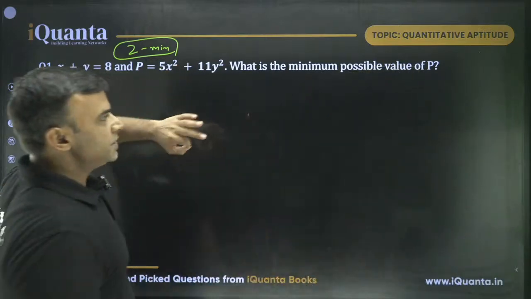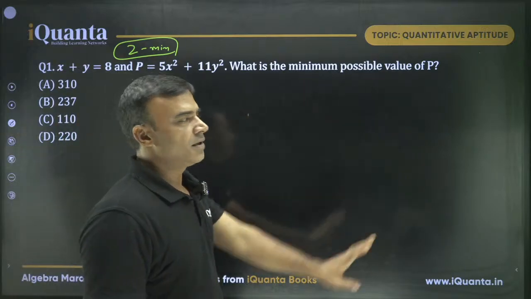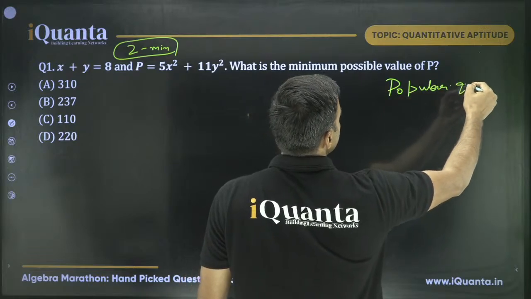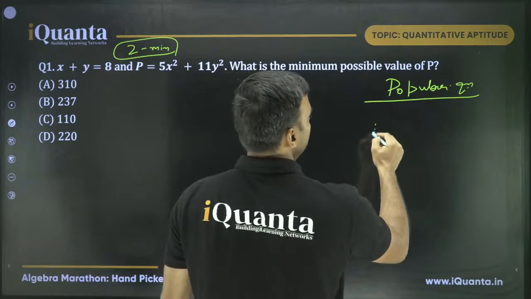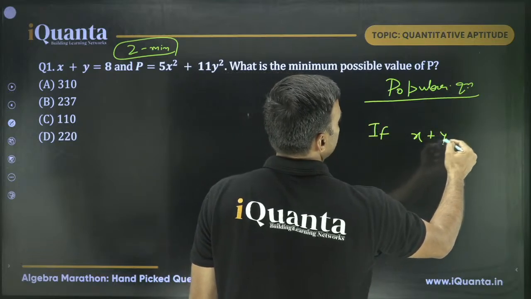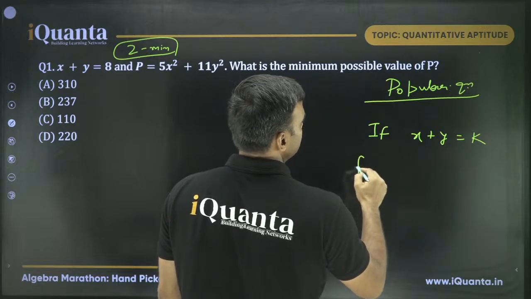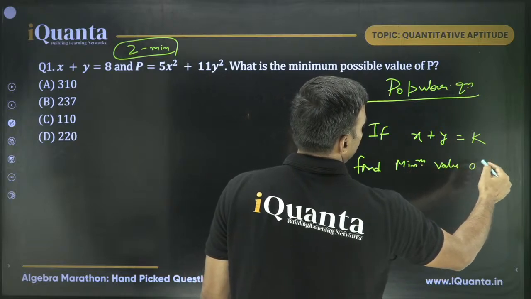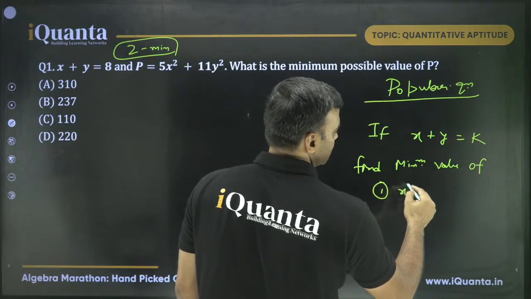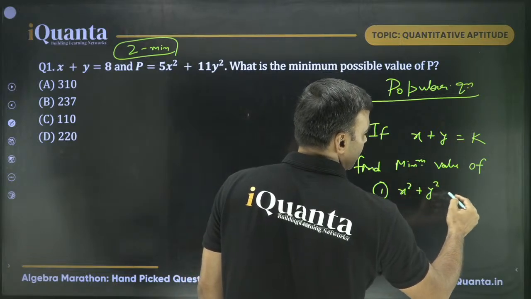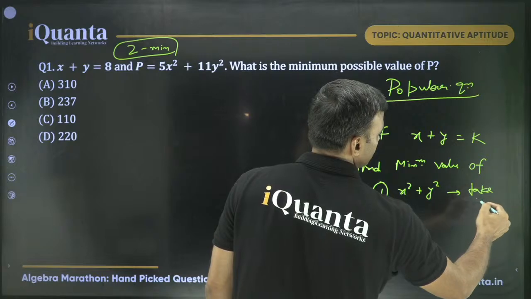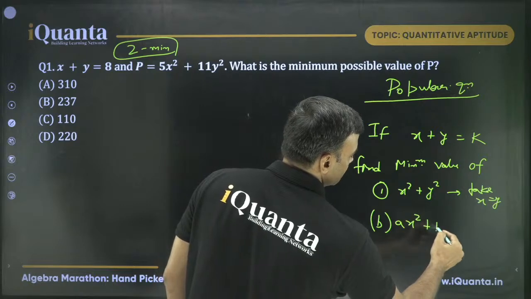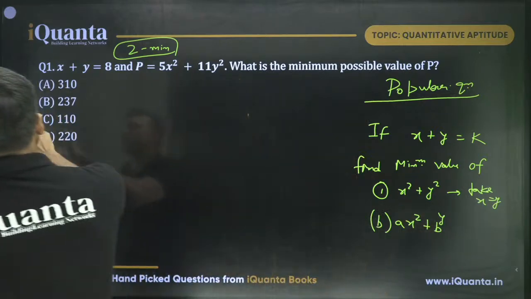Chalo. This is one of the most beautiful questions. I'll just give you one direct method. Also, this is a popular question. There are a lot of questions that have been created on this. I'll directly give you a simple method. If x plus y is equal to a constant, and the question is to find the minimum value of x square plus y square, then take x equal to y. If it is asking for ax square plus by square,